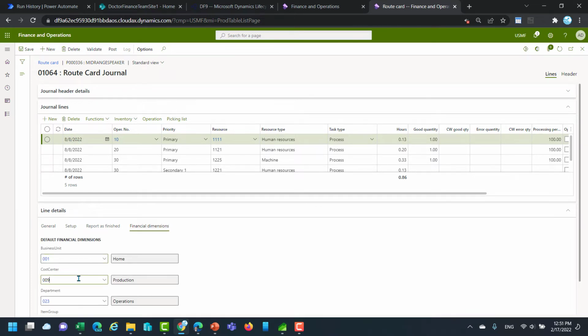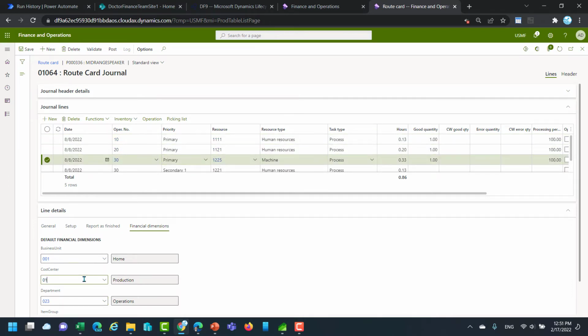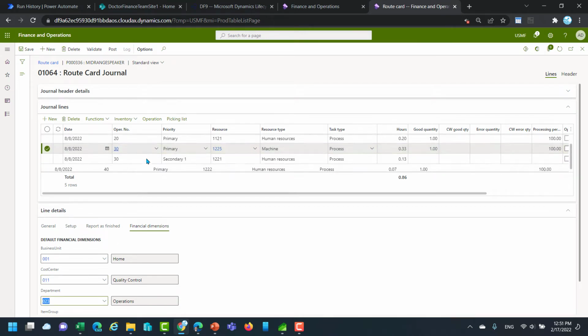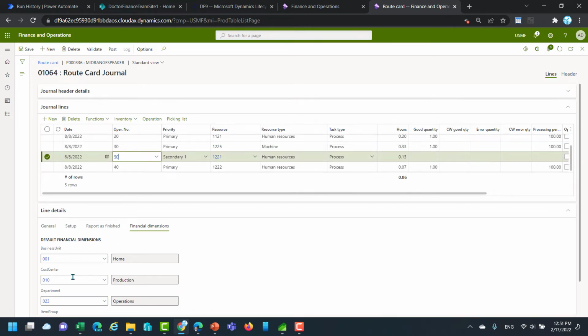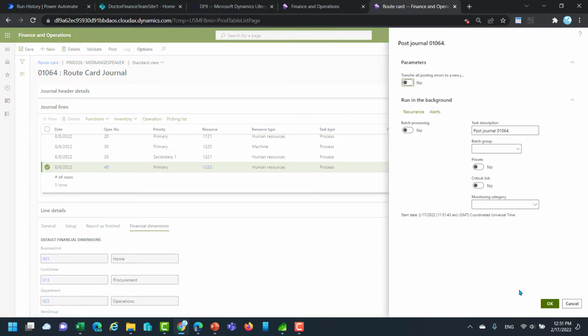And I want to change that because later I want to have postings on different cost centers, and I really want to see, hey, what's going on. Therefore, I'm making this kind of manual step, because later I want to extract this data. And also here we have 0.86 hours that we want to see later on when we do our allocations. So I say okay,